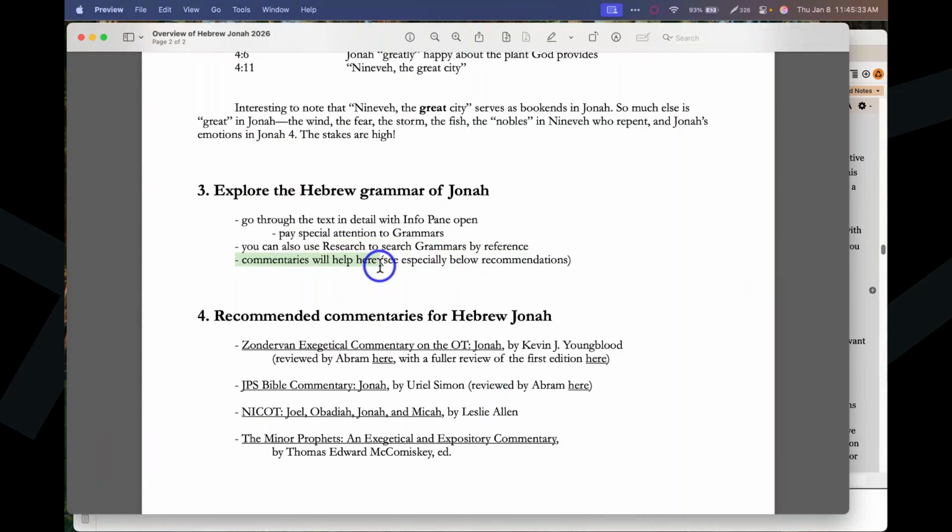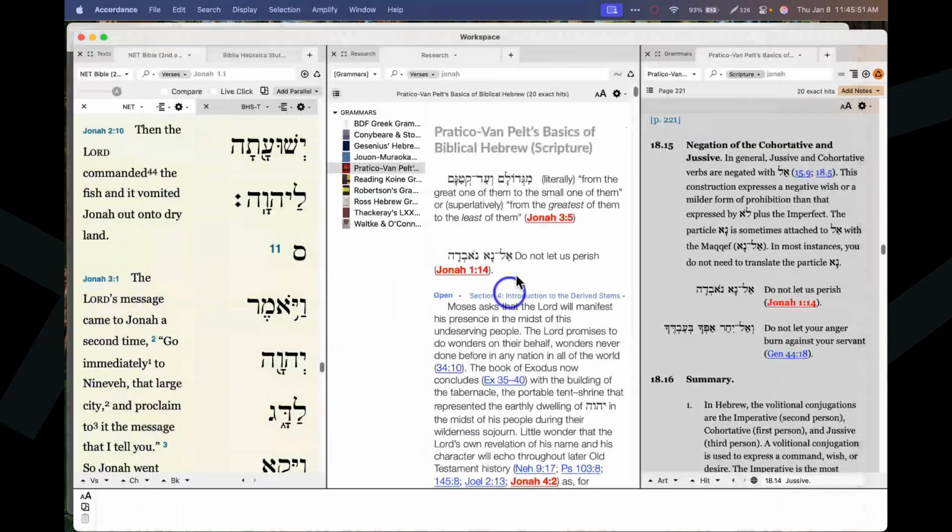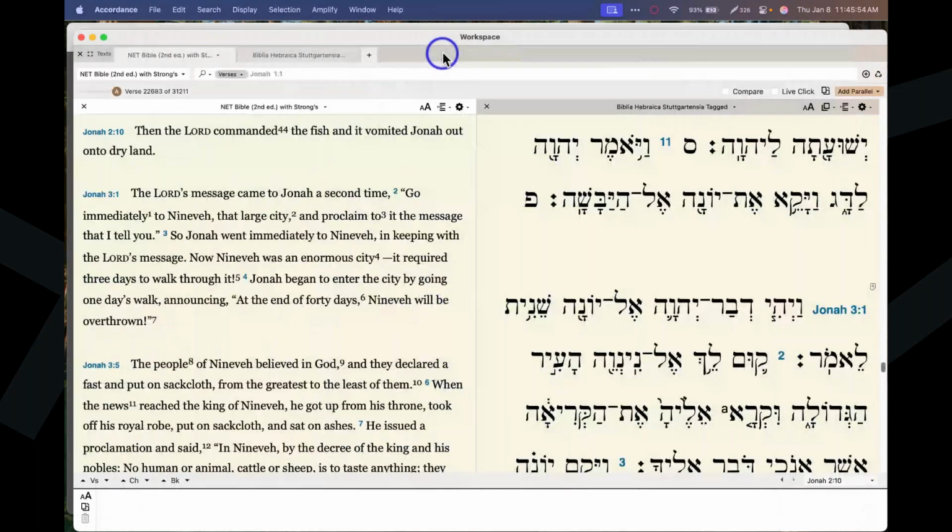I have found that something like this is few and far between in commentaries, even in the technical commentaries. But it's worth taking a look, and we'll talk more about these commentaries in just a moment, but especially ones that are more Hebrew language oriented. When you go to the introduction of any commentary, you may get a comment along the lines of, watch for this feature in Jonah, or Jonah likes to do this, or other prophetic books use this device, whereas Jonah uses this one. You might find that in your commentary introductions, but I would check there as well, knowing that you yourself can